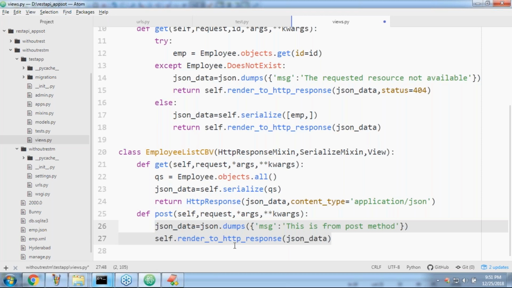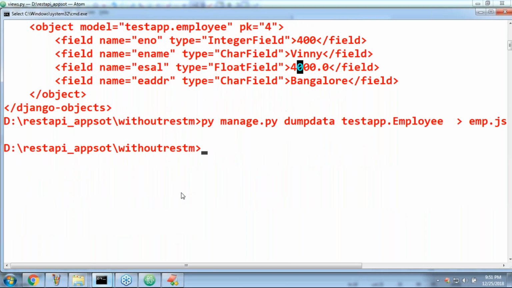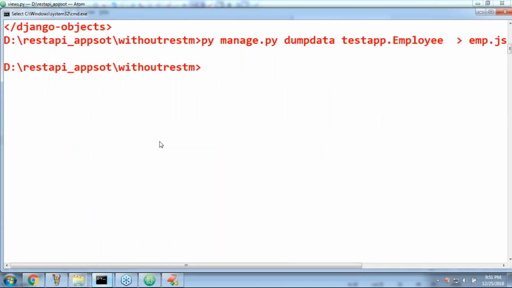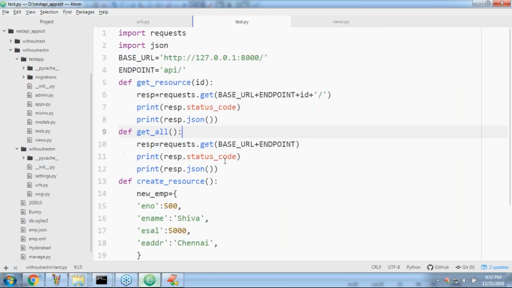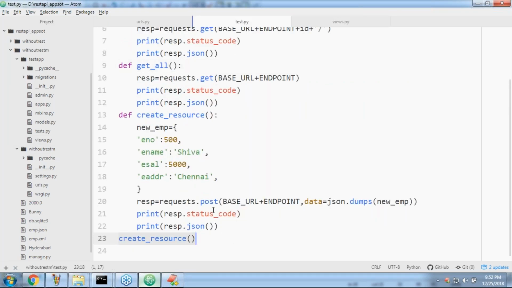Now a bigger problem is going to come. What are the problems? Listen very carefully, sir. I want to send the request. I'm sending the request from tester.py, the client application, the partner application, which I'm trying to execute. My tester.py is create resource. Which request are we sending? Is it get or post? Post request we are sending.